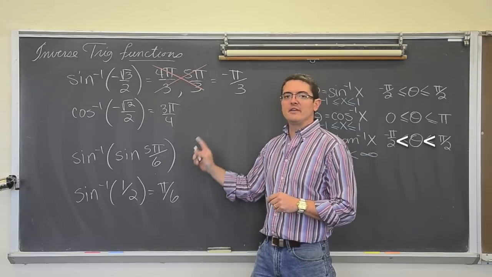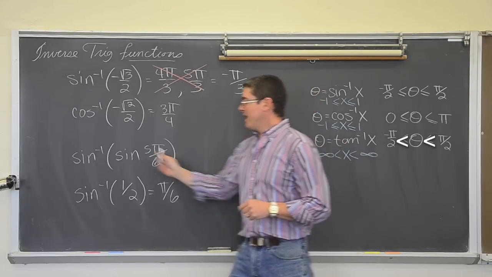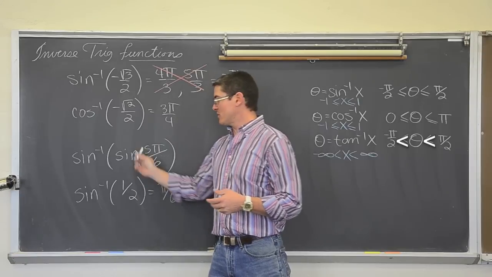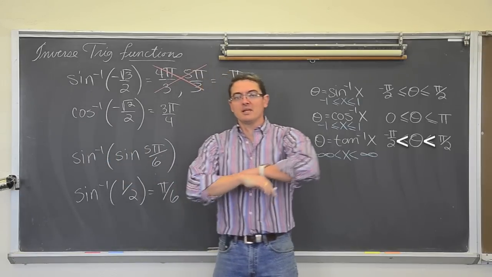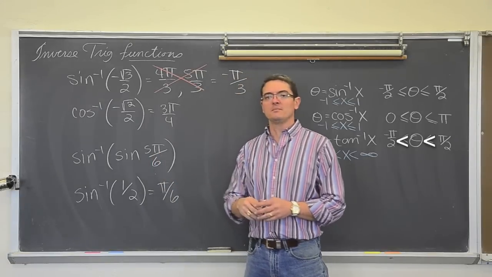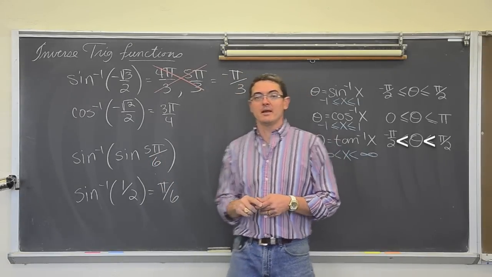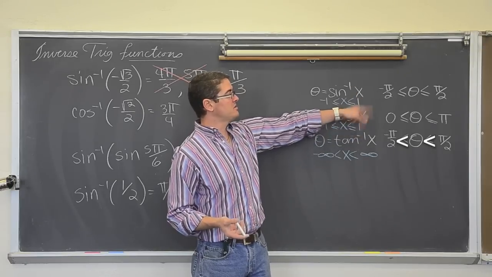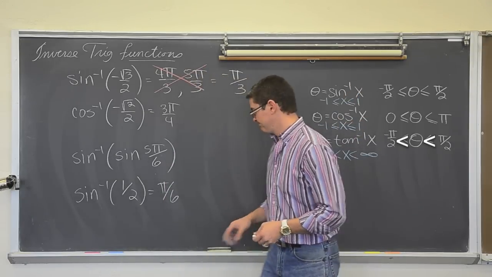Your textbook will have inverse properties as well, and it'll explain, you might want to memorize them, to show you when these inverse trig functions just simply cancel out. But when you're given answers or angles that are on the unit circle, I like to just sort of think my way through the problem instead, using just these restrictions to figure it out.